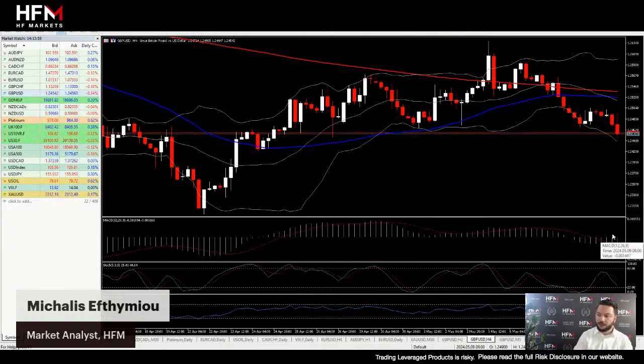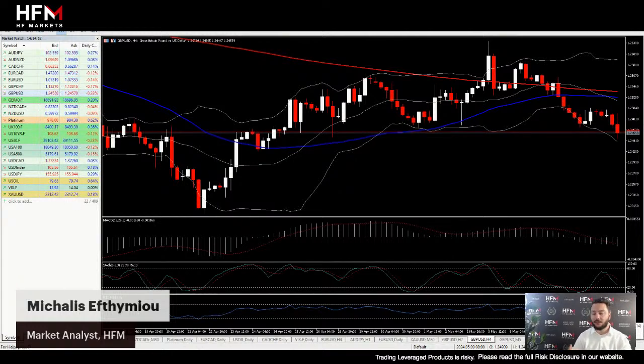If we look at oscillators, we can see we're on the negative side of the MACD. The latest crossover on the stochastic oscillator is the downward crossover. And even when we're looking at a period of 14 on an RSI and on a higher time frame like the 4-hour, we can see we still get an indication that the price is very simply being controlled by sellers,